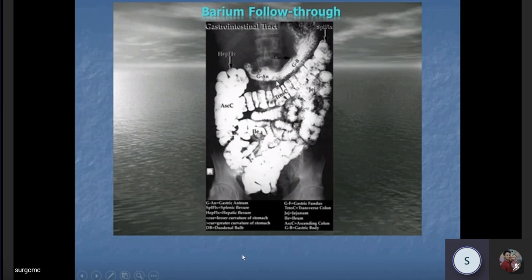Does your stomach look like this? Stomach is up, the haustrated transverse colon is down. Do these look similar? Somebody asked me why this is not colon. Does this look similar? No, sir. So I believe we are not going to confuse between a transverse colon and stomach in barium films later on.